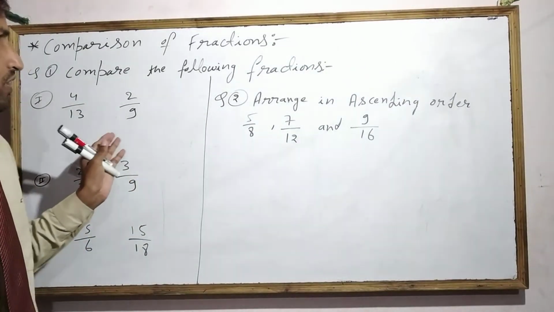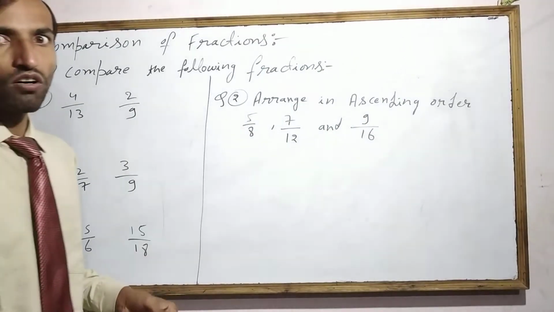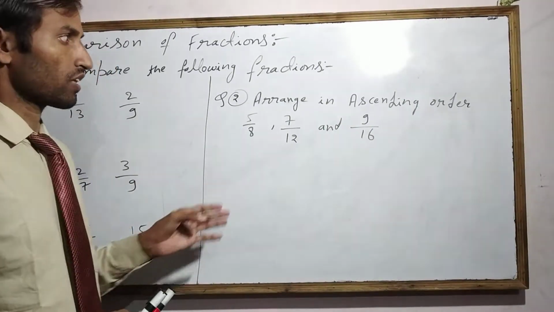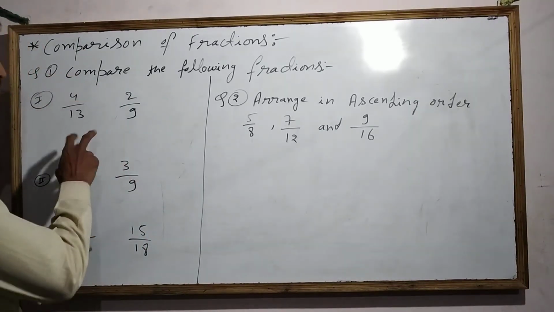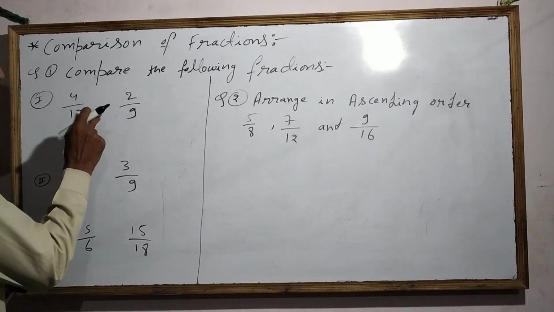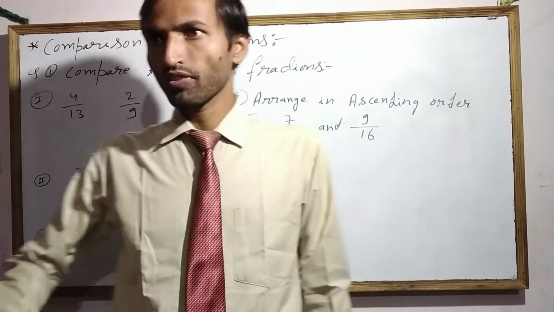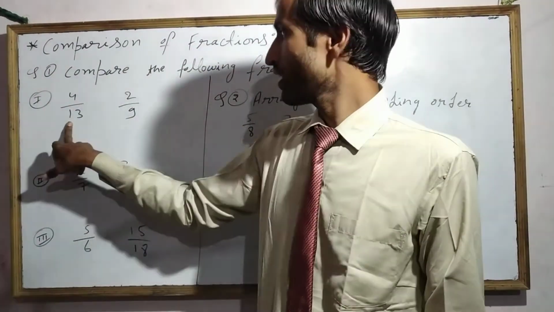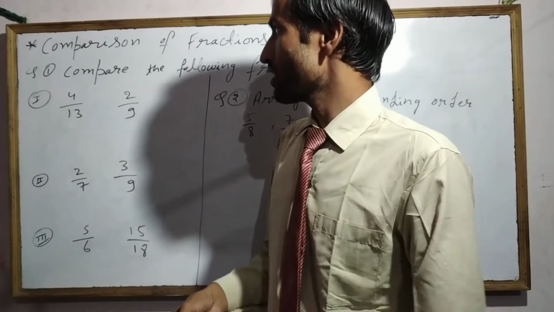So how will we compare two or three given fractions, that is, how to arrange the given 2, 3, 4, 5 fractions in ascending or descending order? In this, first of all I will explain this type of question with comparison between two fractions. In this question either you can make the denominators the same, that is, convert into like fractions, and then compare, otherwise no, because here the denominator is 13 and here the denominator is 9. So for that another process is also there.